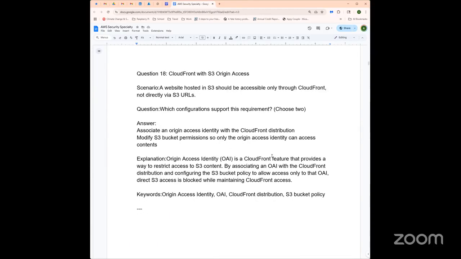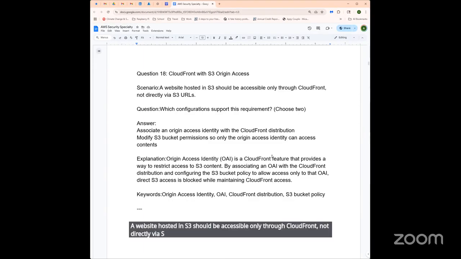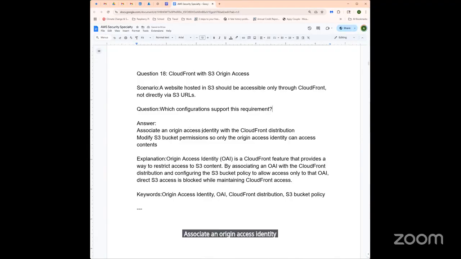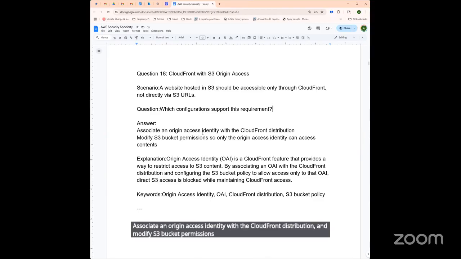A website hosted in S3 should be accessible only through CloudFront, not directly via S3 URLs. Which configuration supports this requirement? Associate an origin access identity with the CloudFront distribution and modify S3 bucket permissions so only the origin access identity